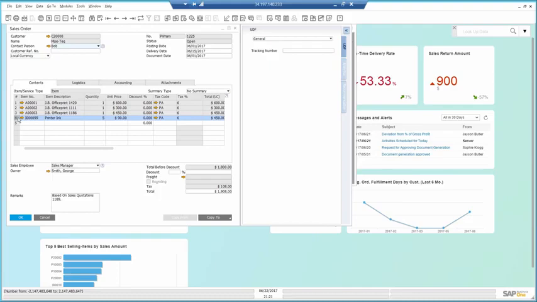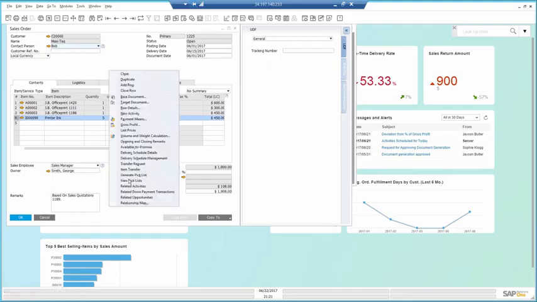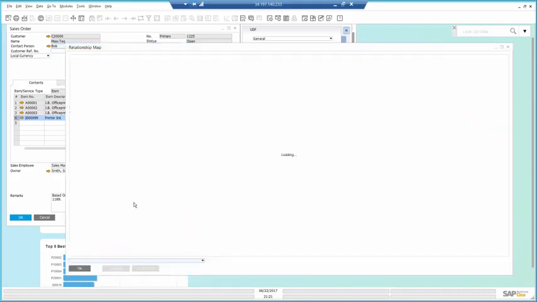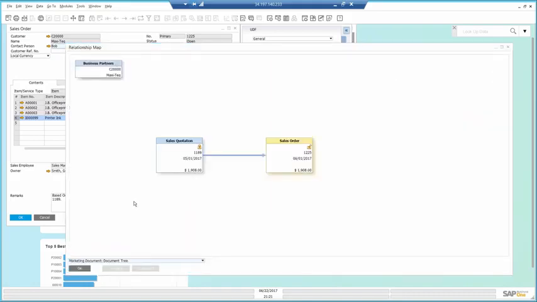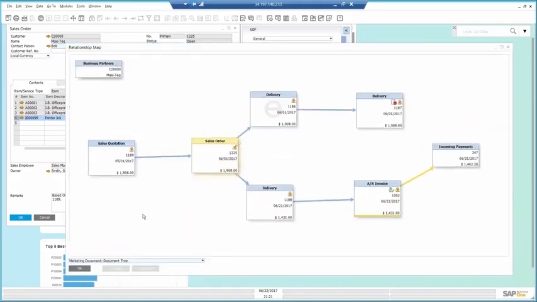To find out what happened, I open the relationship map, which shows me in a graphical way that there was some confusion there with the delivery being canceled. But most of the items, however, were delivered, billed, and even paid for.